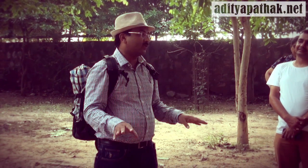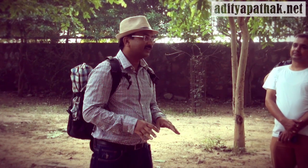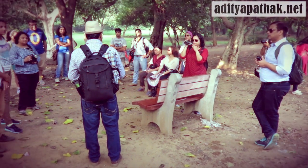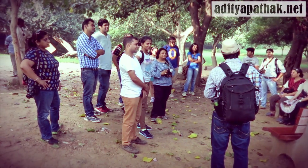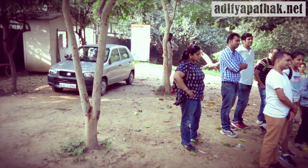The most dangerous set of two species which are found in plenty in this place. One is around 35 kinds of snakes are here. It's a thorny and rocky area, so the best place for snakes to be. Luckily, out of 35, only 10 are venomous, so be cautious. But the second most dangerous thing which you might see if you are lucky is a thing called porcupine, which is